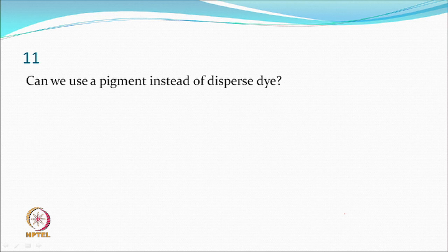I think it is also the question that does not look the way, but it still I believe is connected with the sublimation transfer printing. So, what it meant is a pigment also is like a dispersed dye, all right. So, can we use pigment as dispersed dye? As long as it behaves like a dispersed dye. And what is the behavior at the temperatures that you are looking at?